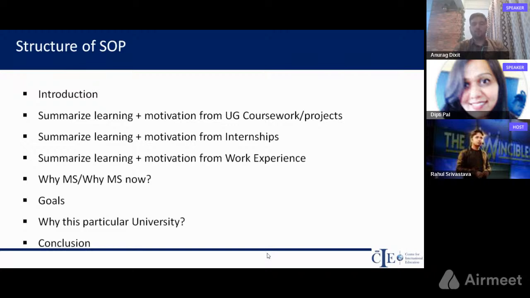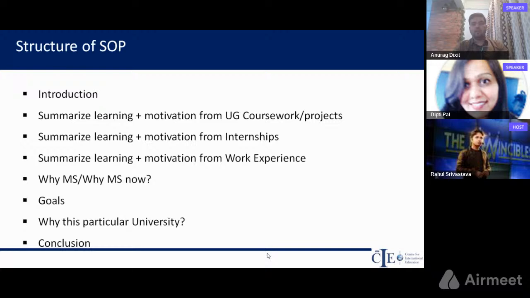Also, career goals are a very important aspect of the SOP. You have to discuss what your career goals are, what goals are pushing you to pursue this MS, and how you're planning to use this MS later on to build your dream career, right? Also, you have to talk about the university that you're applying to, why that particular university makes sense for you, what kind of research you have done about the university, whether you are well versed with the offerings of the university, and whether it is a good fit for you. And then in the end, you will have a summary paragraph and a conclusion justifying the reasons that you feel that an MS degree is right for you at this stage.